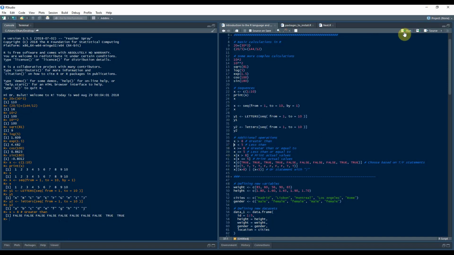I can do the same thing over here. This time I'm looking at the values smaller than 5. Only the first 4 values, 1, 2, 3, 4, are the values smaller than 5. Remember, this is our x variable that we just defined. So only the first 4 values are smaller than 5. But I can also directly